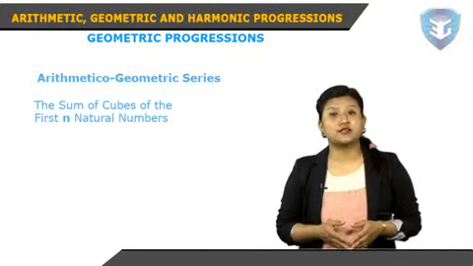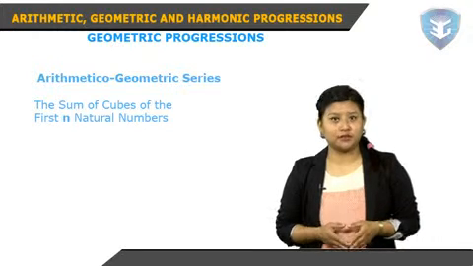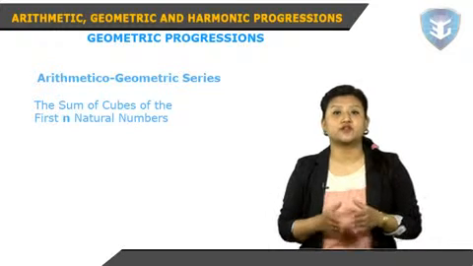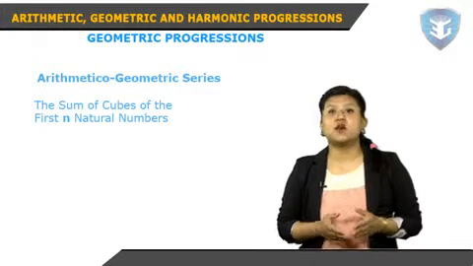Then we have the sum of cubes of the first n natural numbers. Let Sn or sigma n cube denote the sum of the cubes of the first n natural numbers. Then we have